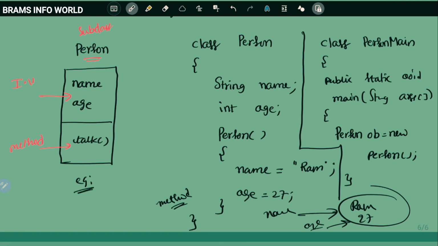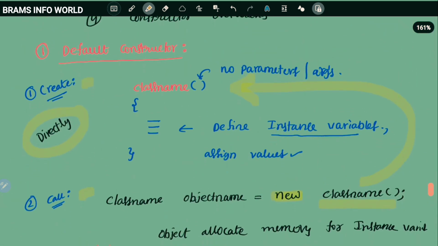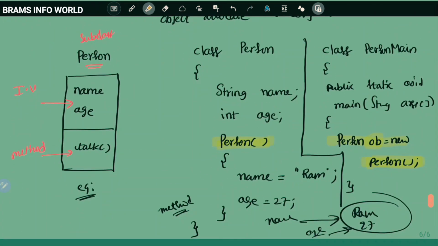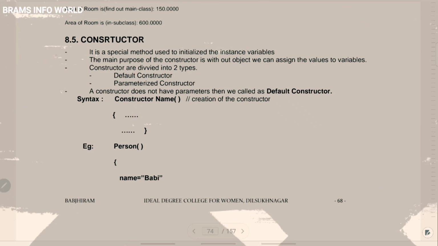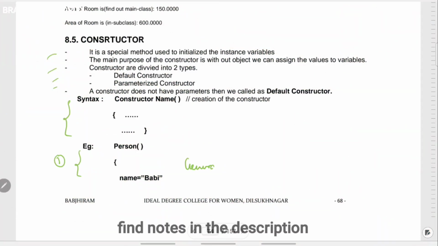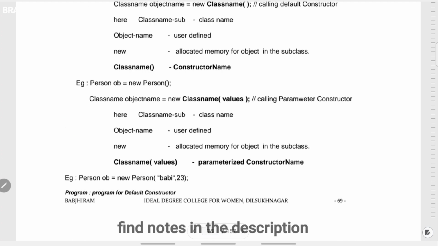This is the topic, and this one we can call it as default constructor. Default constructor calls automatically when we create the object. So this is called constructor, default constructor or general constructor, right? This is the information, followed by the example. Let us discuss with the notes. There is information like what is the constructor, and this is the syntax. Based on the syntax, the example is general constructor, followed by